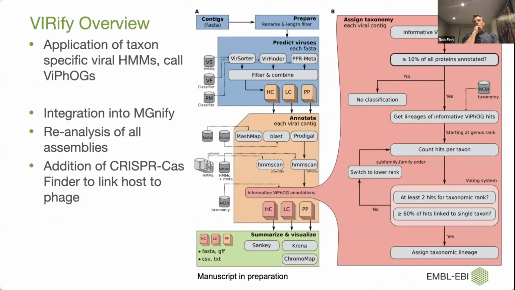So what we do is we run those VIRFOGs, and then we annotate those high confidence and low confidence, and then we have some cases where we might have clashes of annotations on a contig, and the whole right hand side is to try and have a voting system that allows us to try and identify. One of the things that we've introduced into the VIRFOGs is comparing those against the NCBI database and